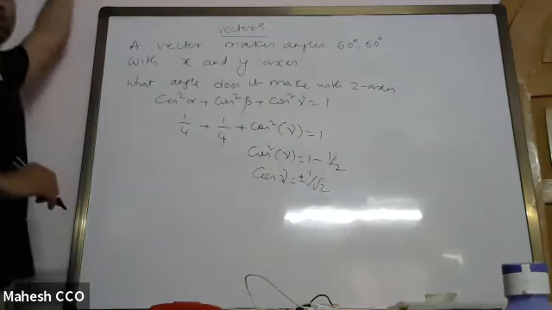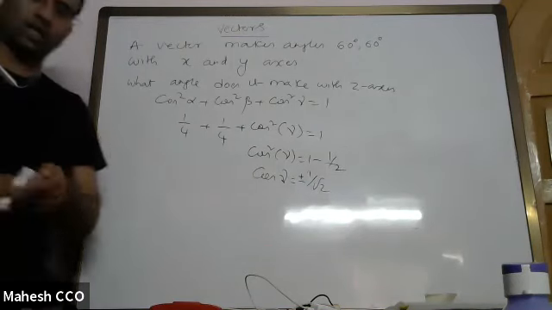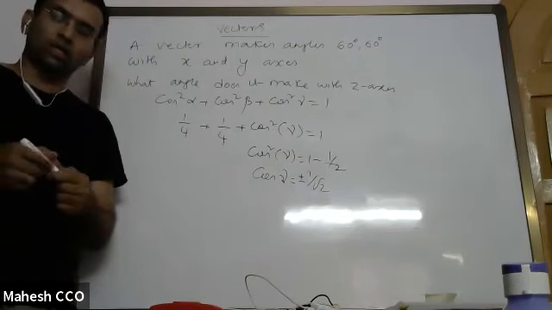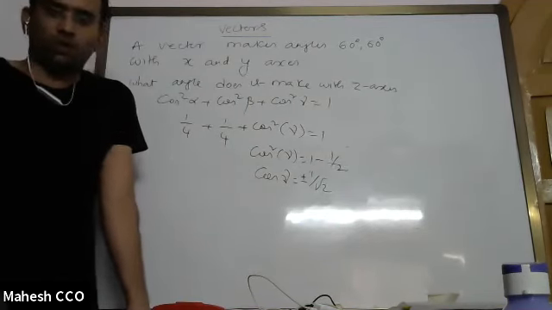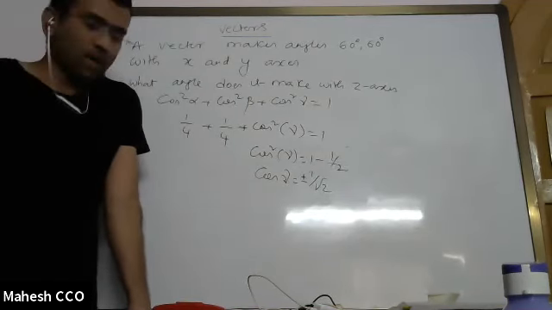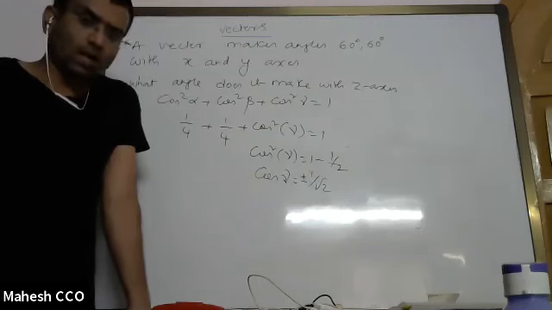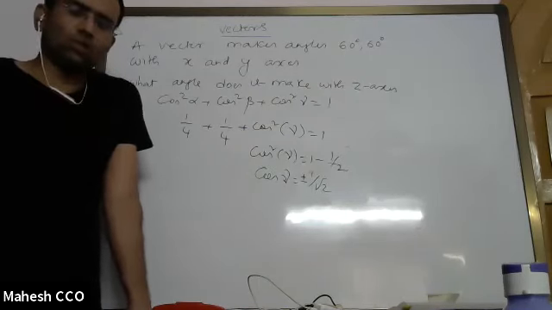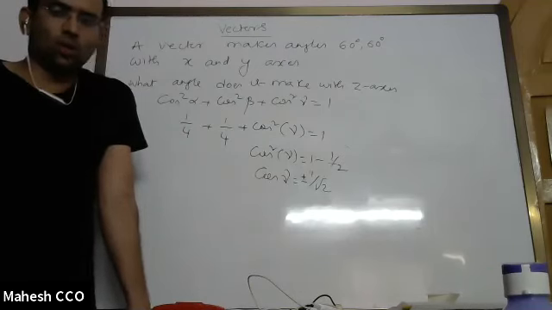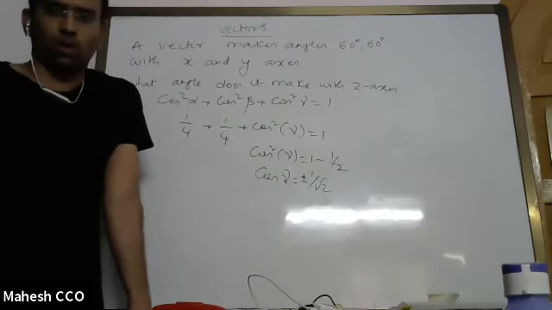So it can make a lot of different angles. Like it can make an angle of 45, or pi minus pi by 4, which is 135. It can make either 45 or 135 with the z axis. So these are the ideas we have. Using all these things, you can solve a lot of problems.